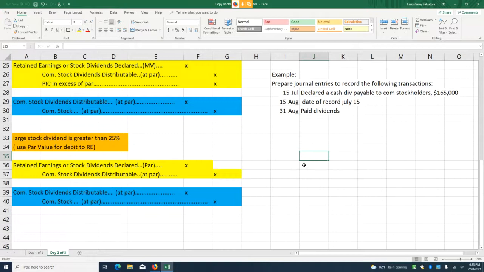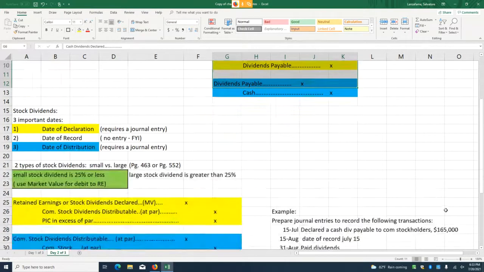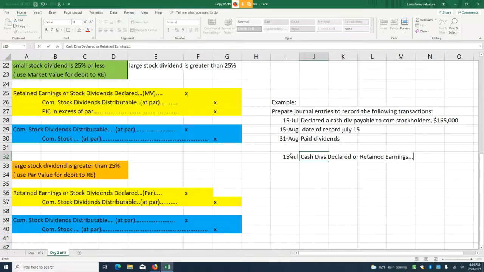Okay, so this is a cash dividend situation. So basically it's going to look like this stuff over here. Let's go ahead and do that. So on July 15th, you would debit either cash dividends declared or retained earnings. I don't care which one you use for me, but when you're on the blended stuff,